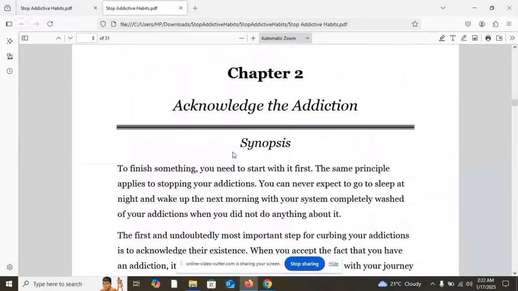So you just have to edit this. You are not selling it directly like this. You have to